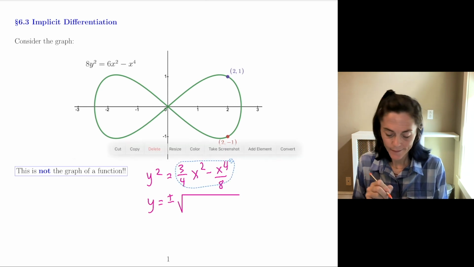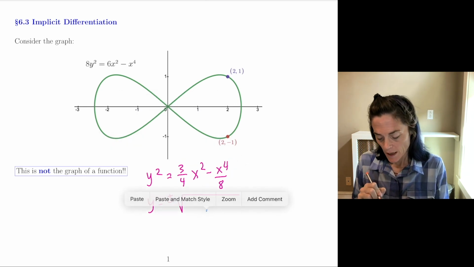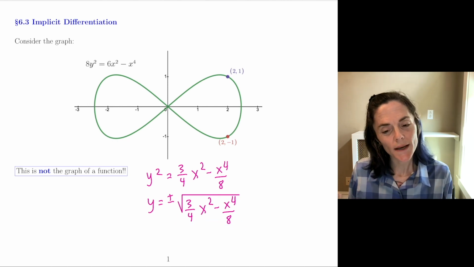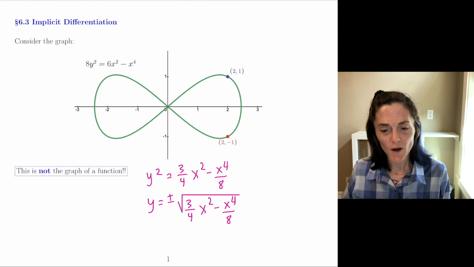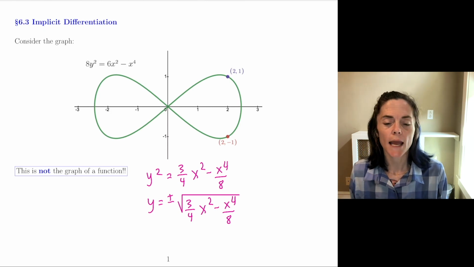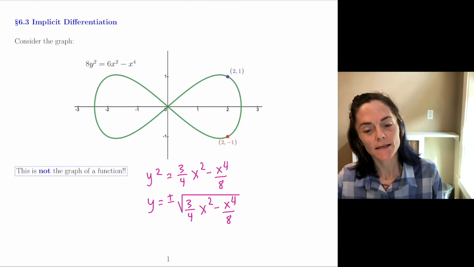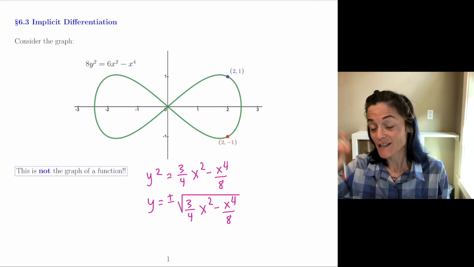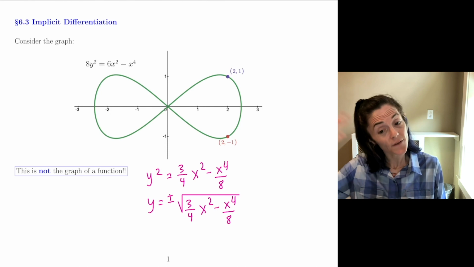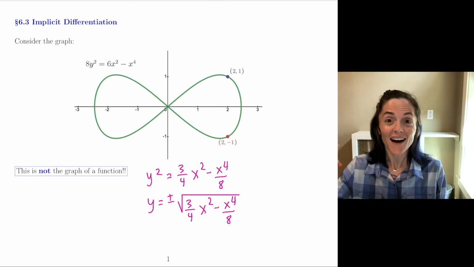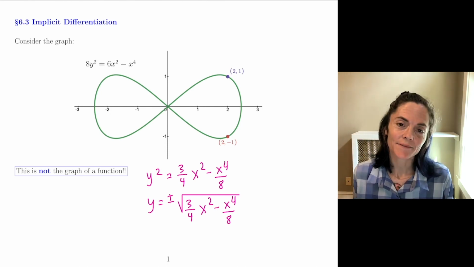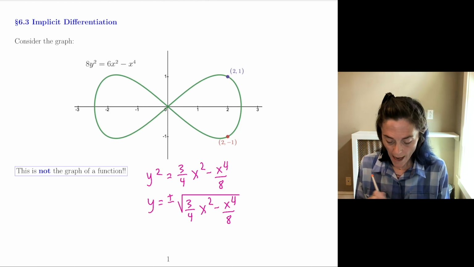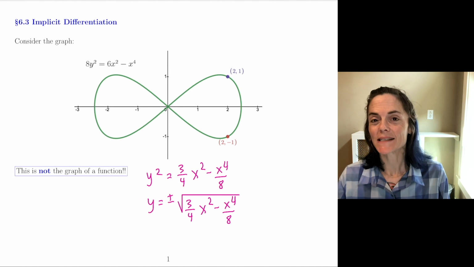This would be a bit intricate to work with. Y is plus or minus the square root if we wanted to think about rates of change, because part of the graph is plus the square root of 3/4 x squared minus x to the fourth over 8, and part of the graph is minus the square root of exactly what I just said. So instead of working with y explicitly,